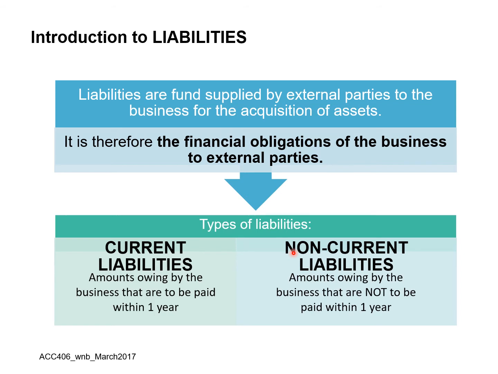So untuk current liability adalah amount owing by the business that are to be paid within 1 year. Whereas untuk the non-current, yang bukan semasa, amount yang dihutang, yang kita hutang ataupun business tu hutang, that are not to be paid within 1 year. Untuk yang 1 year mungkin adalah short term loan yang dalam masa 3 bulan you nak kena bayar,